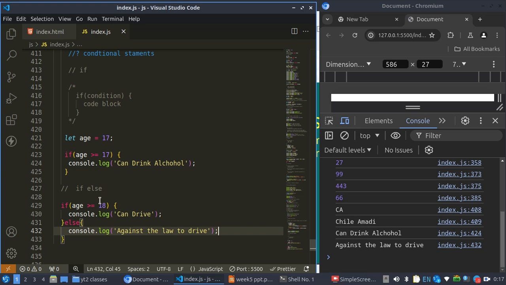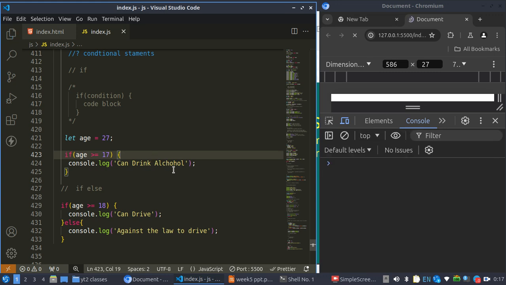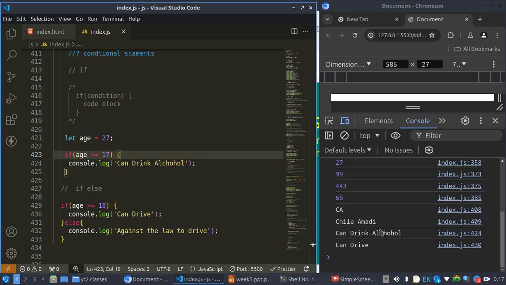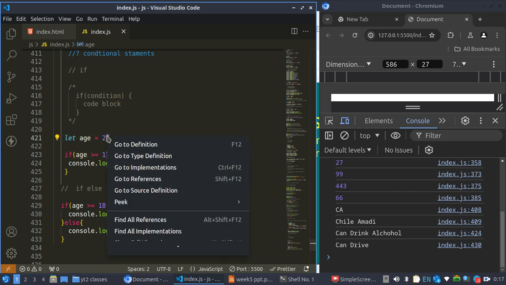So you see, if I now increase age to 27, this block will not run because age is now 27. Okay, 27 is greater than 17 but not equal to 70, so it will still run. So that is what we are going to see: can drink alcohol, can drive. I see it now can drive, but when we left it at 17,